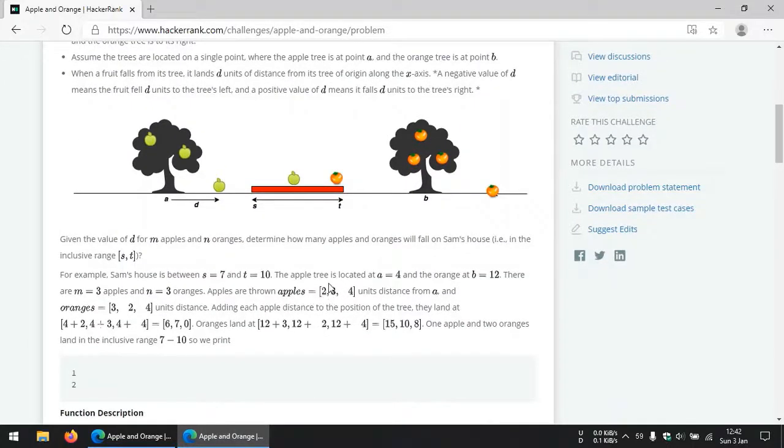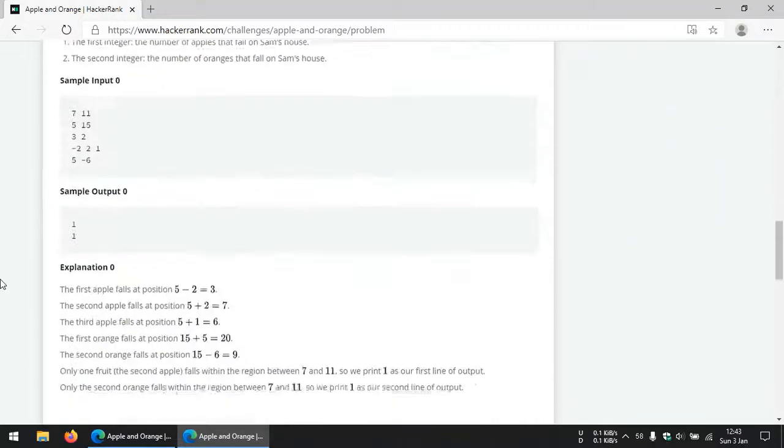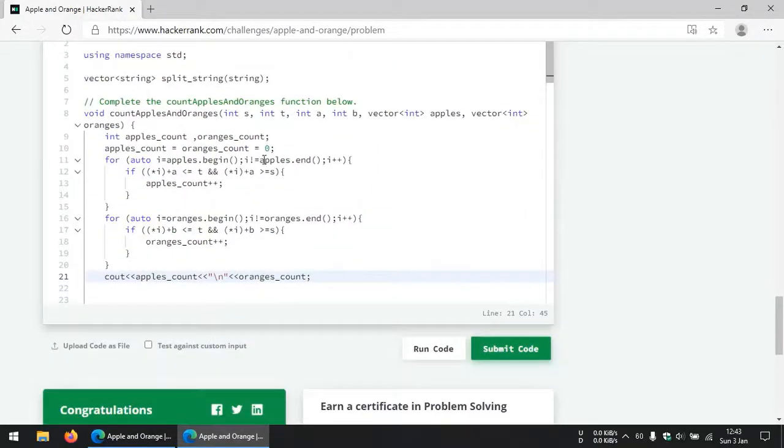During each iteration, since we know that the array elements represent the distance from which the fruit lands from its tree of origin, we add the tree's position to its distance so that we get the position at which the fruit has landed on the ground, and we check if it's within the range S to T, which is the range of Sam's house. We do that for each element by iterating through the array, and finally we print the count on a new line.